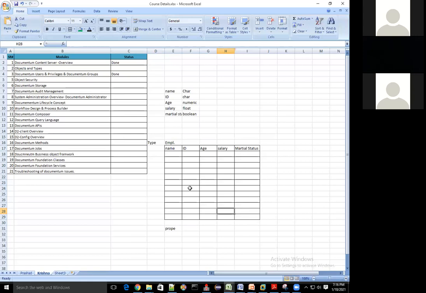If we are creating one, then we must give him a name. Like that employee, ID, age, salary, right? Are you getting my point? The same way, we create a type in the document. Type means category, right? You understood type, right? What is the object type? Object type is a kind of, you can say,